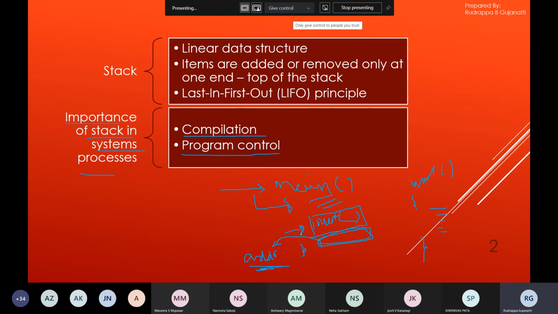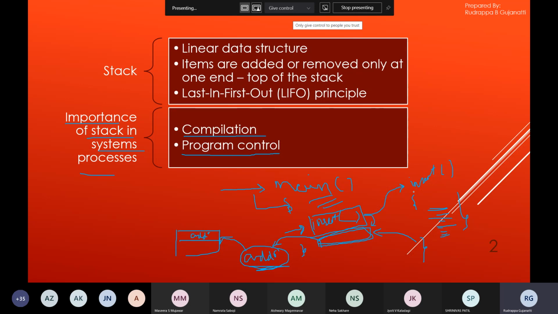When the execution comes over here, the program control is handed over to the function, and the function keeps performing the operations it is intended to. Once the function finishes its operation, it has to return to the next statement which follows the insert function statement. When returning, we should know what the address is. So this address is pushed onto the stack, that is, it is stored onto the stack.